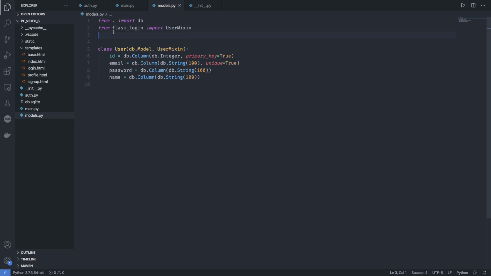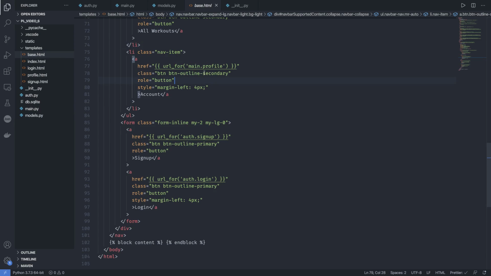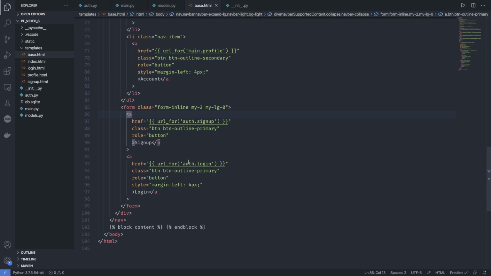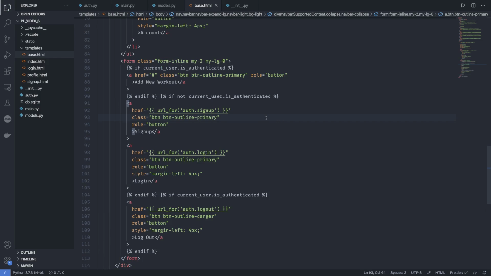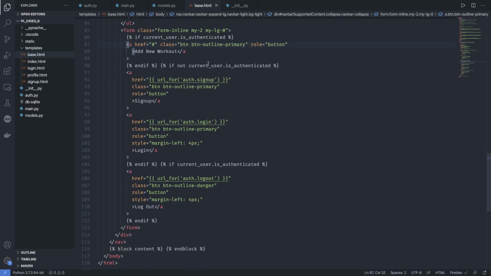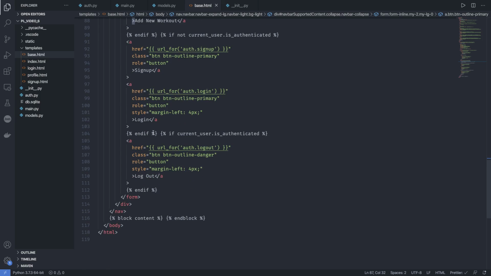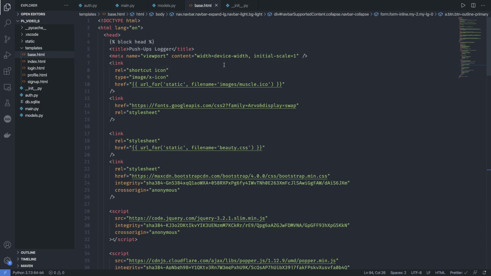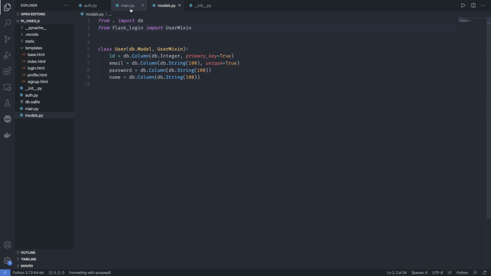So that's nice. Now we need to make some very small changes in our base so that we can set it up better. So let me just tell you what kind of changes. So we have a form here where the user can log in and log out. So let's convert that form to something else. So now if the user is logged in, he can add a new workout. So we'll be adding functionality for this in the next video. If the user is not logged in, then show the sign up and login buttons. If he is logged in, then show the logout button. Pretty straightforward, pretty simple. Just make sure it is there in the base.html file. And yeah, now as this is done,